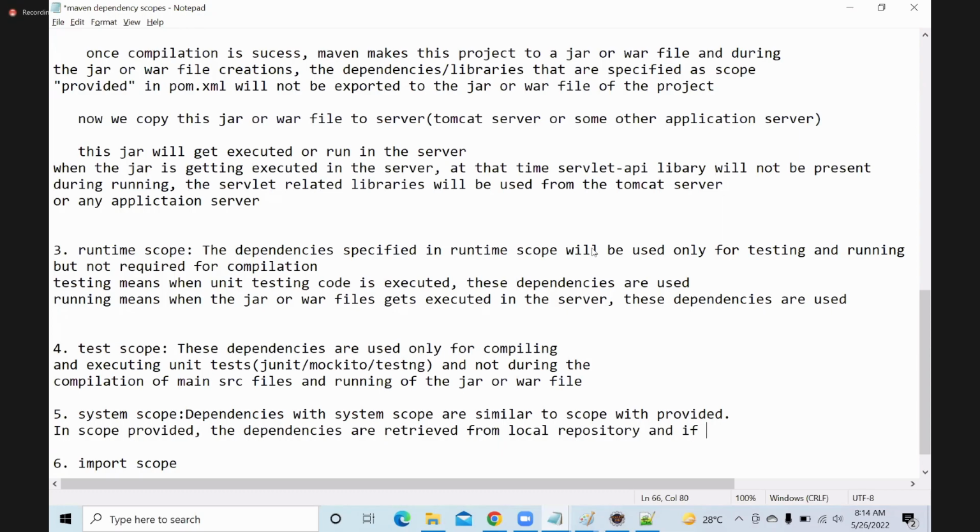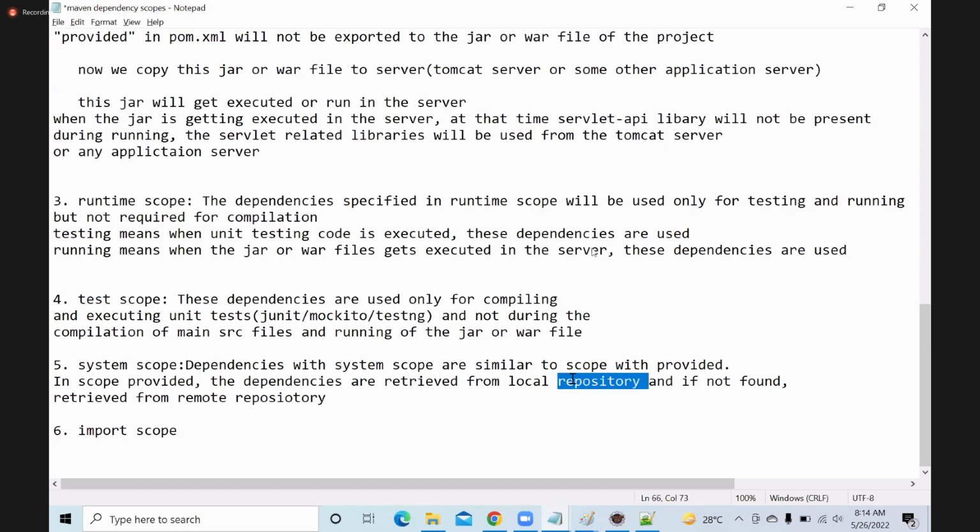And if not found, retrieved from remote repository. Right? So generally, any dependency will be retrieved from the local repository first, not from the remote repository. This is the flow we have seen. But with the system scope,